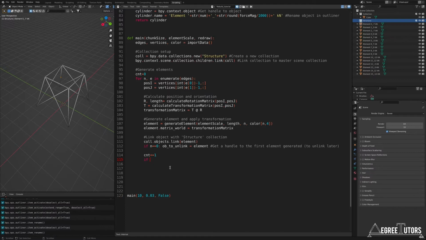So what I'm going to say is if count is equal to chunk size, right? Or if n happens to be greater than length of edges minus chunk size. So this is just taking care of the fact that, let's say chunk size is 10